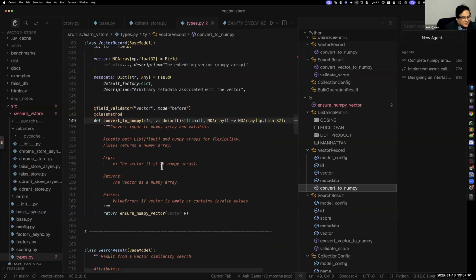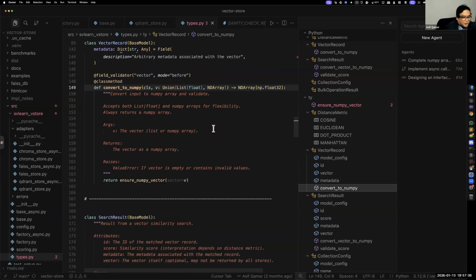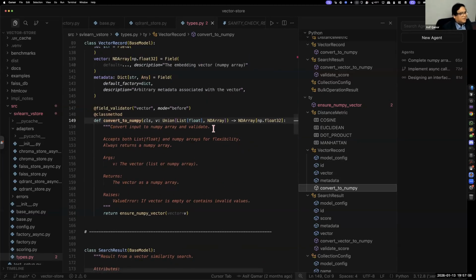Convert to NumPy is just a helper. If the vector is not a NumPy array, you convert it to NumPy. Now you may say, for those of you who are hardware aware, hey, why NumPy? NumPy is not optimized for GPUs, isn't it? If you really want to search 100 billion points in milliseconds, you can't do it on CPUs. CPUs are not accelerated computing. GPUs are literally thousands and thousands of times faster than a CPU.